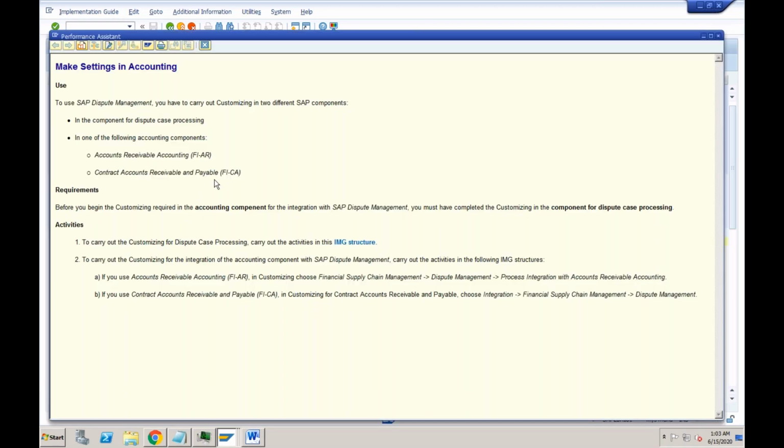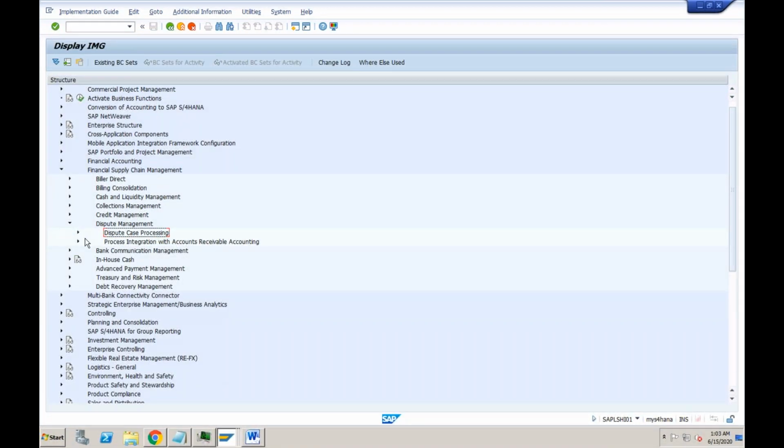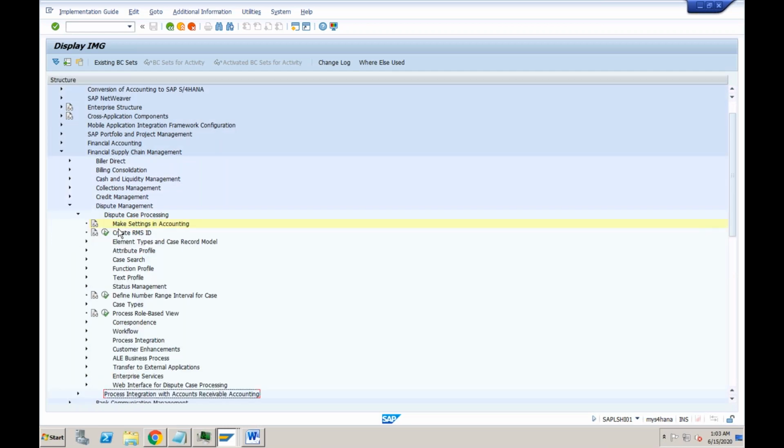If you just see this document, it is telling you to do this configuration under the process integration with AR, which means for integration settings, you have to do the configuration under this node. Okay, so this is just a documentation which is reminding you that in addition to the client level settings which you are doing here, you may need to do the settings for company code also if you want to integrate your FSCM component with FI.